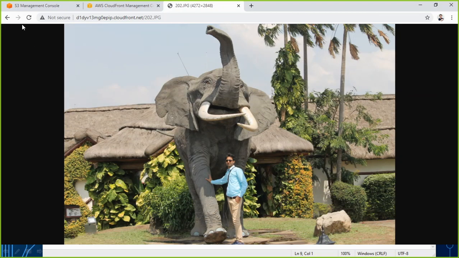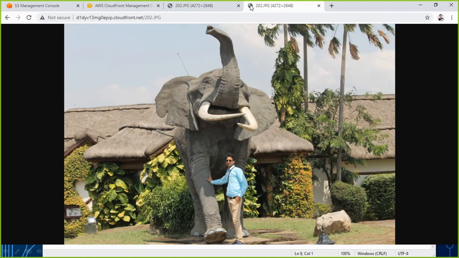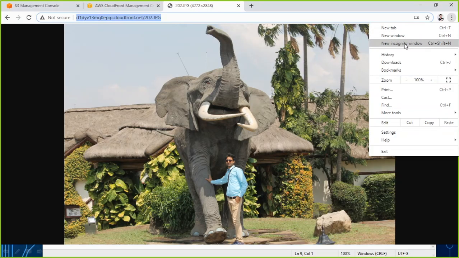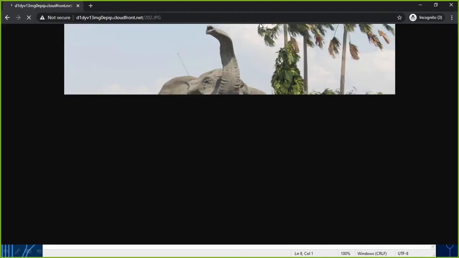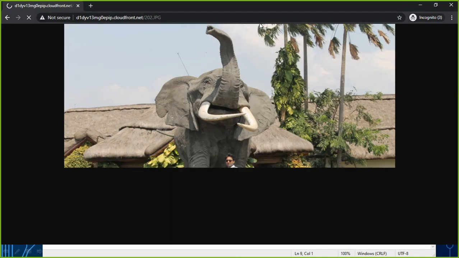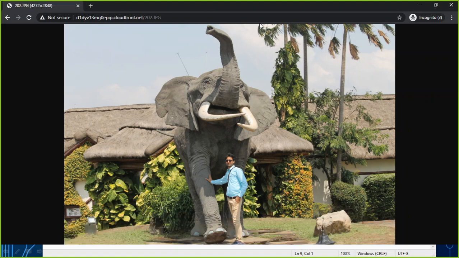And then if I refresh this, or maybe if I use it once again, or maybe if somebody else is going to use it, again there is a minor change. We are not able to see that much change, but it is going to be a bit faster compared to the first time because the request is going to come from my nearest CDN, nearest CloudFront.